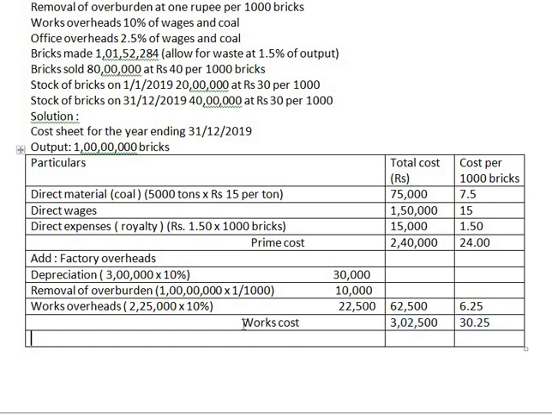Yes. Now next is add administrative overheads. Now what information have they given? Administrative, that is office overheads, 2.5% of wages and coal. So here only we will show the calculation in bracket, wages and coal. Okay, so here the total is how much? It is